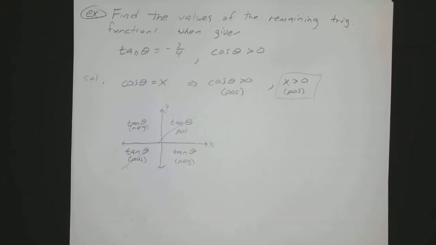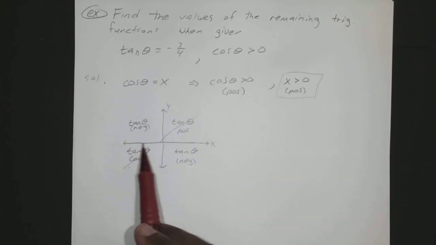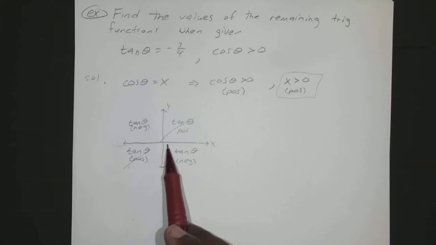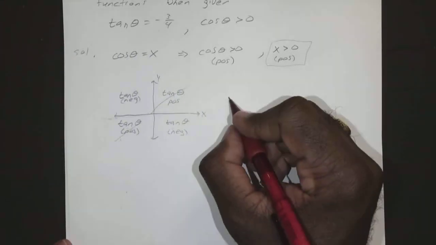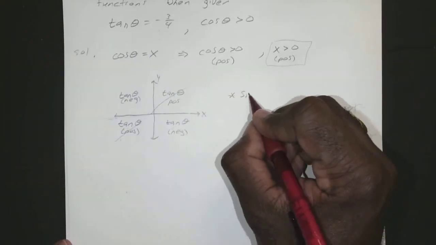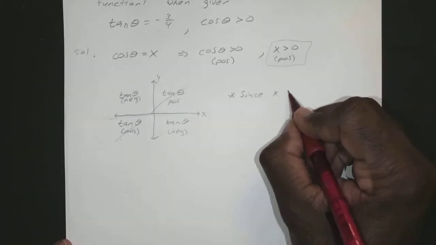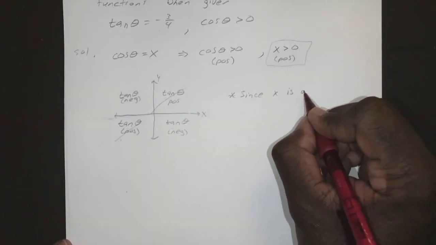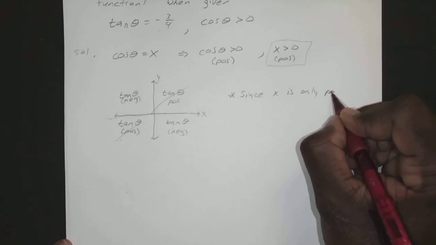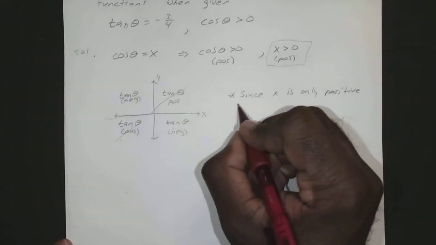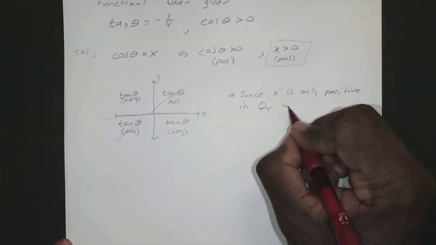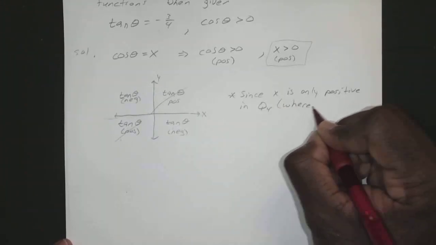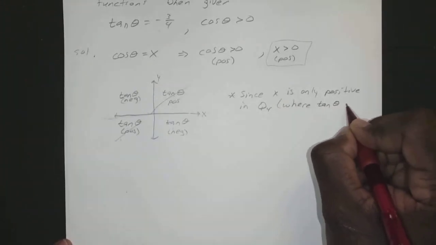So when we place x as positive and tangent theta is negative, that is in quadrant 4. Since x is only positive in quadrant 4, remember that's where tangent is negative,